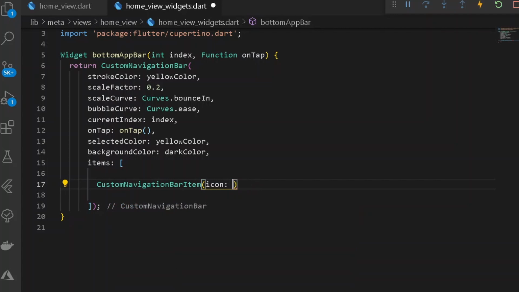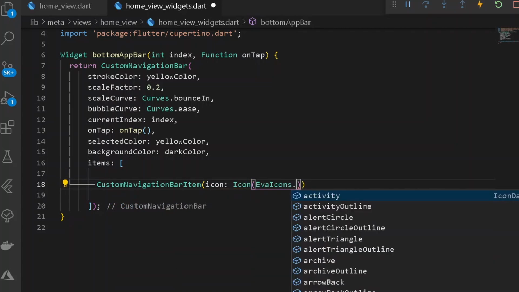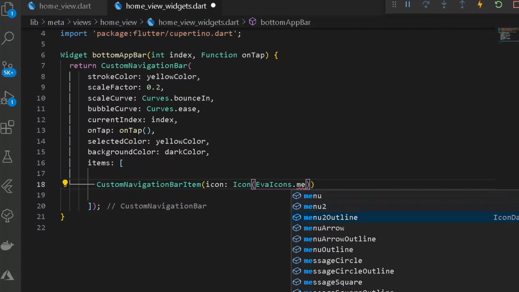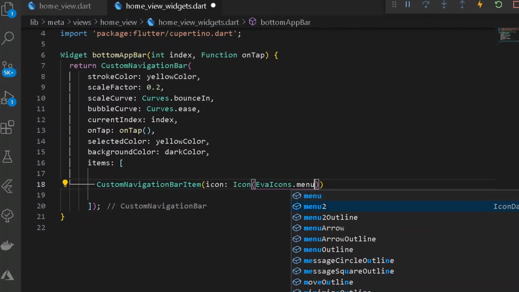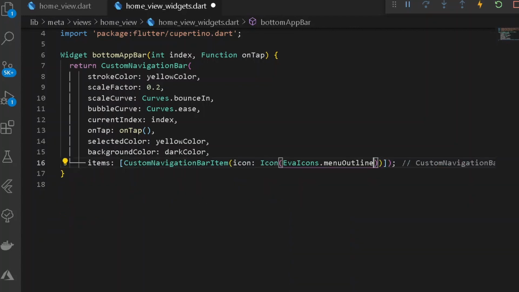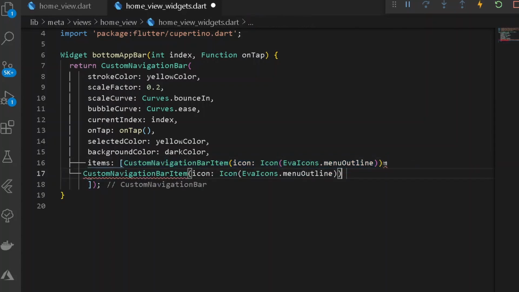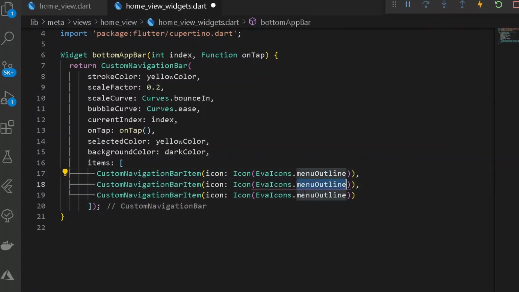It shall be requiring here an icon. So here under a case of icon, let's provide here an icon. After the icons, let's have menu, outline. Alright, not message circle but menu, outline. Once we have done this, format document once. But here let's copy the following item, paste and paste. But here instead of having the following menu item, I shall be requiring here a video, and after that here we shall be requiring a speaker.